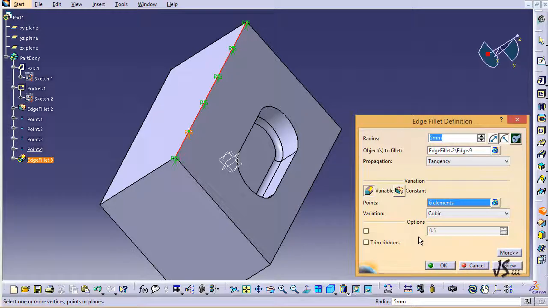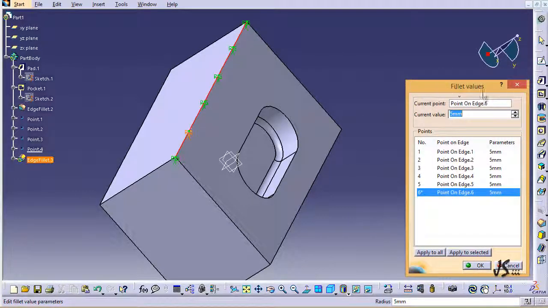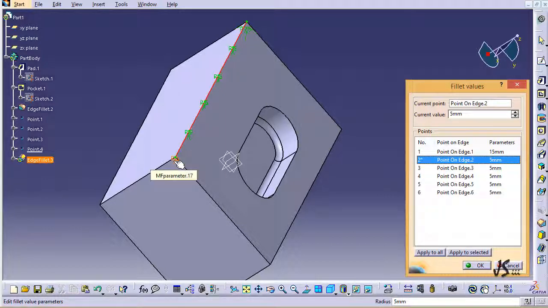Now that I clicked on close, I can describe the amount of fillet in different places. And for that, there is a setting button on top. So by clicking on that, you can see the fillet values for the 6 points can be defined. The first point is here. You can see it is highlighted for me. I'm going to have something like, let's say 15 millimeters for that. I select the second point, that is the end point here. So I just type something like 5 millimeters for this, and the rest I'm going to have, let's say 20